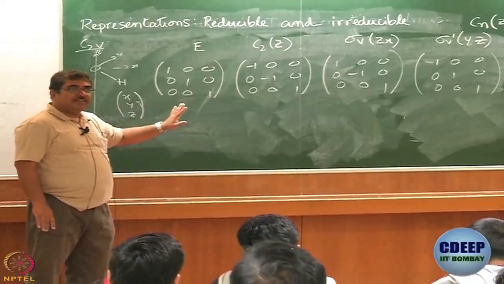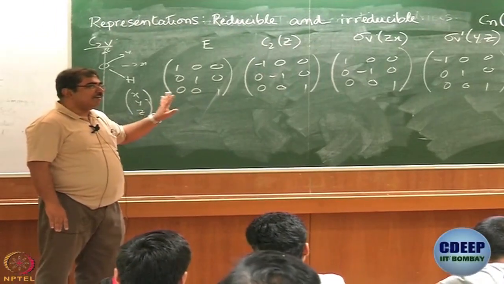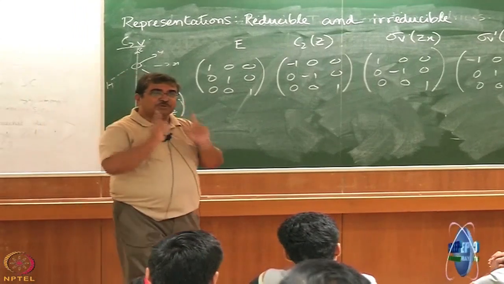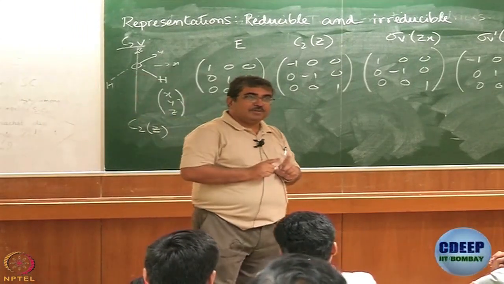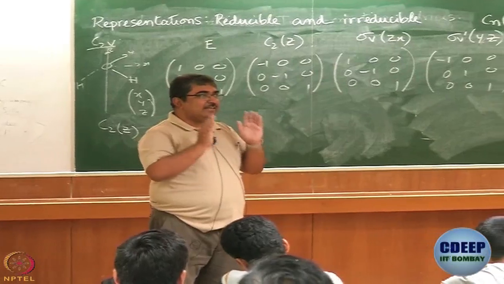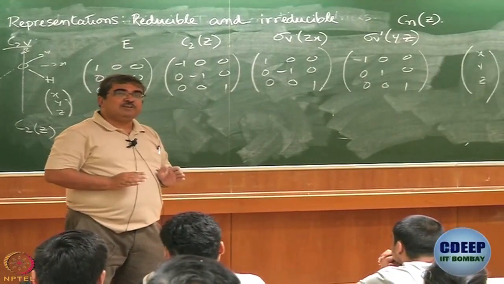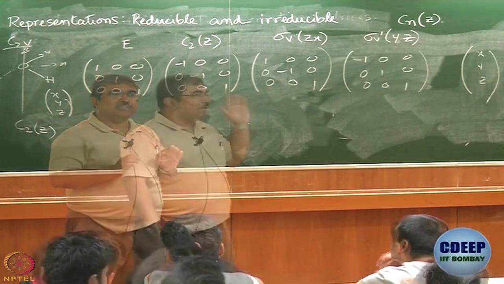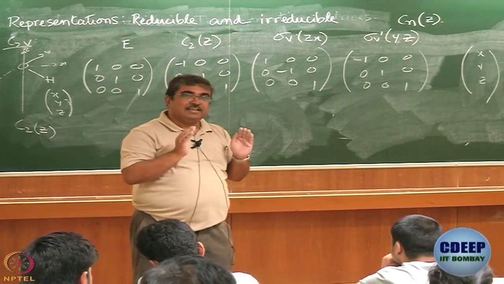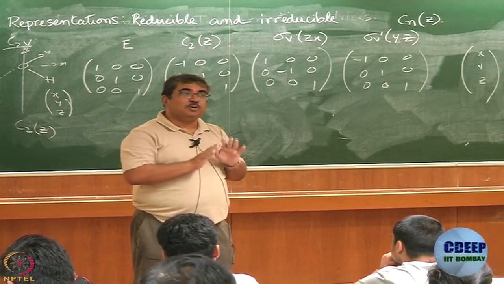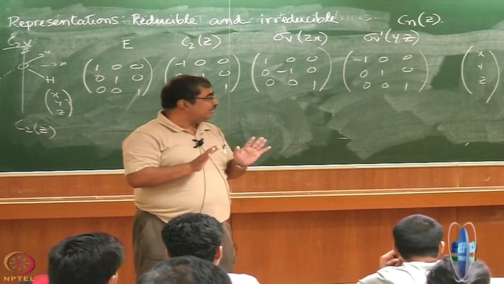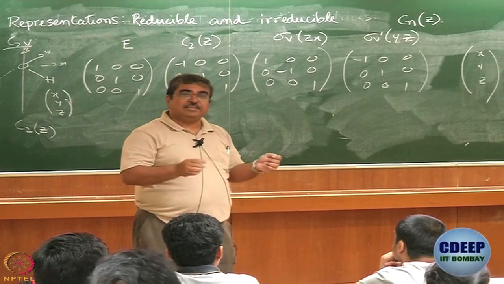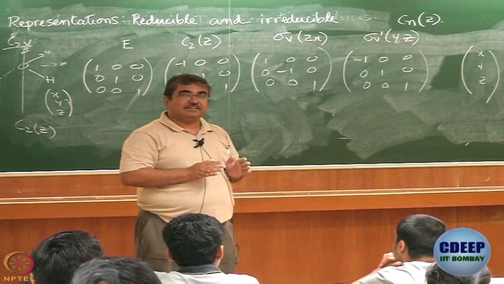Now, we will arrive at representations. So, first of all, see what has happened. In the basis that we chose, x, y and z, no symmetry operation causes a mixing of the basis elements. The matrices are such that the basis elements do not mix with each other and they either remain the same or change sign. So, they are either symmetric or antisymmetric.